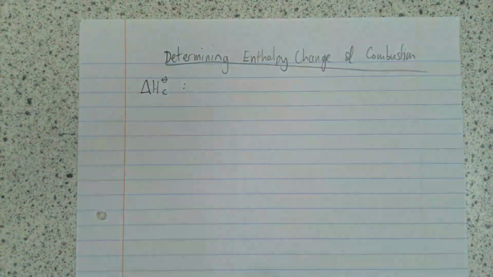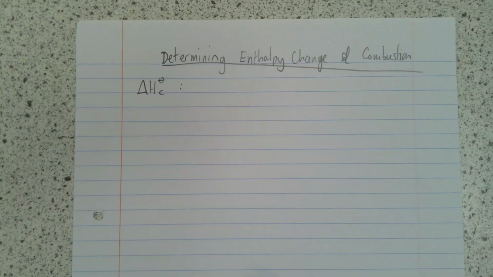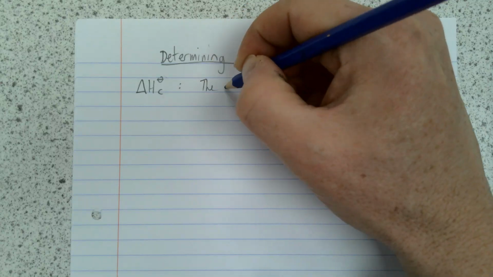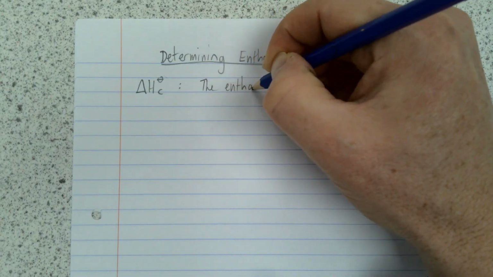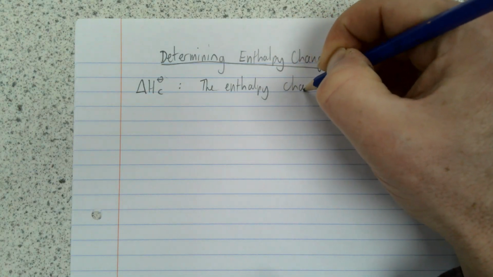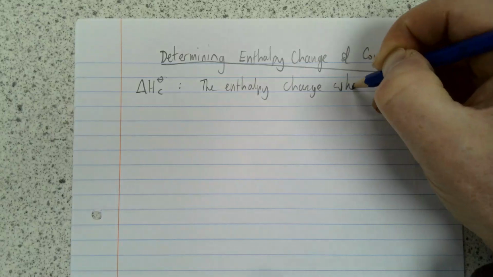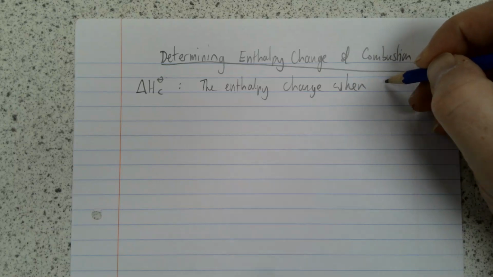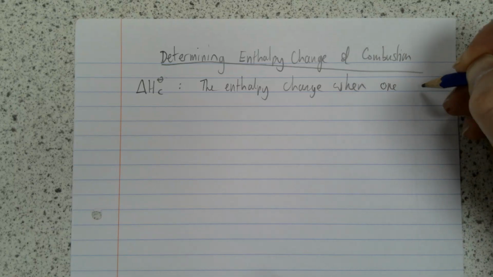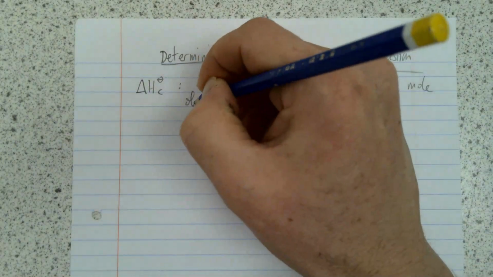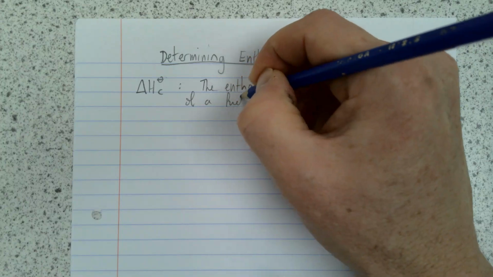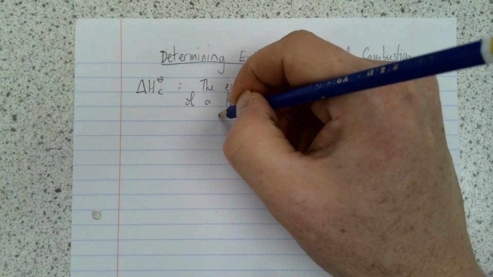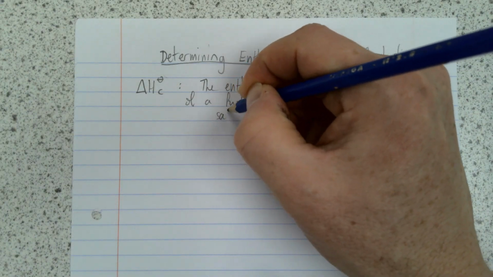We talked about it a bit earlier on, but it's one of those definitions that we're going to have to learn for this course. This is the kind of thing that will go on flashcards. So this is the enthalpy change when, and lots of the definitions in this topic start the enthalpy change when 1 mole of a fuel or a compound, doesn't have to be a fuel, in this case it's a fuel, let's say a substance